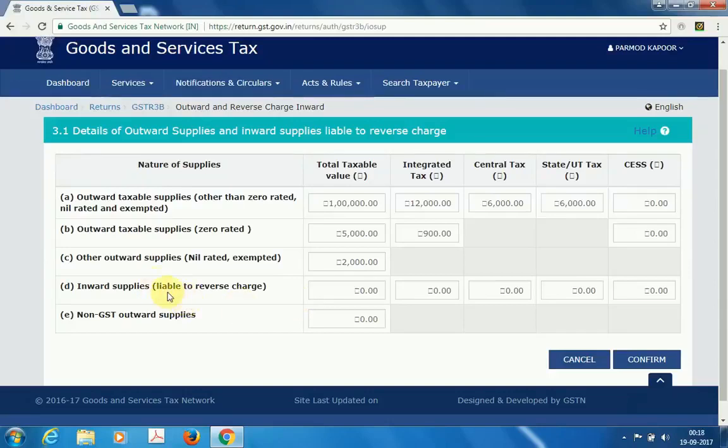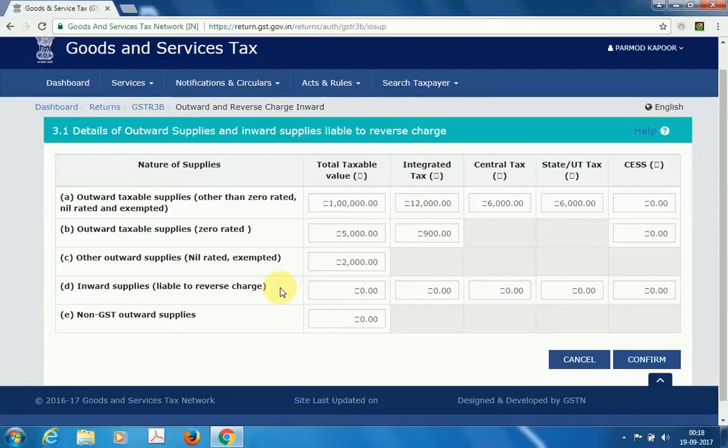Next line item is inward supplies liable to reverse charge. Friends, there are two provisions which deal with reverse charge transactions. First is section 9(3) and second is section 9(4). Section 9(3) specifies certain categories of transactions which come under reverse charge purview.